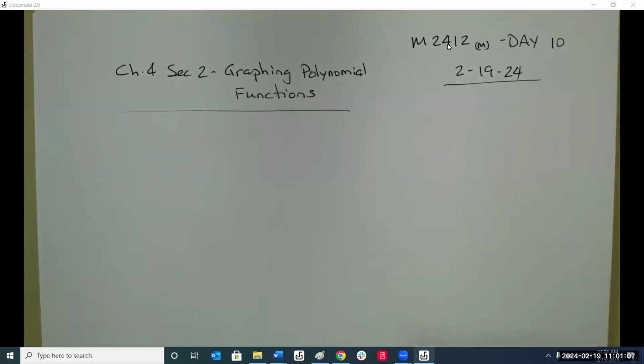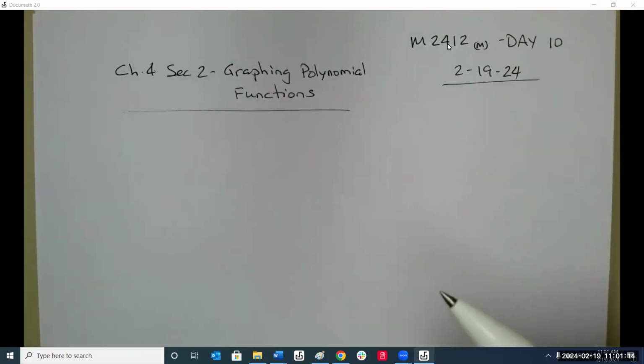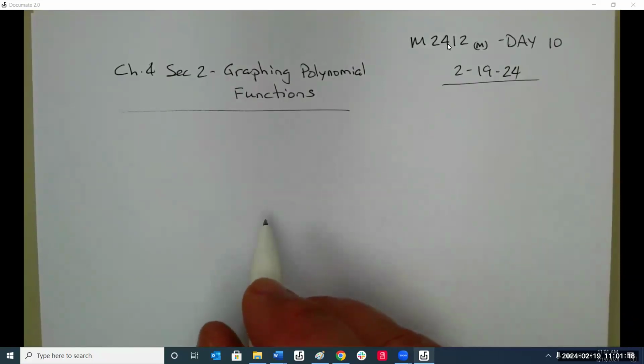And today we're going to try to do two sections. The first one's graphing polynomial functions, and the next one will be 4.3. It'll be the properties of rational functions. All right, so to begin with,